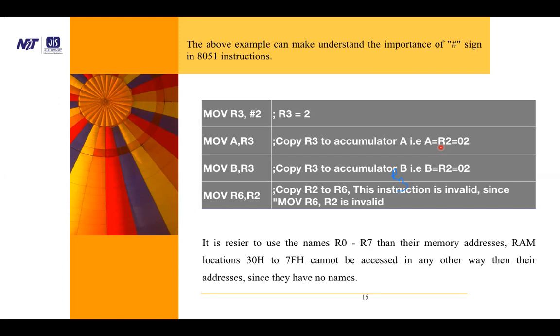MOV R6, R2, copy the value of R2 to R6. This instruction is invalid, since MOV R6, R2 is invalid. It is easier